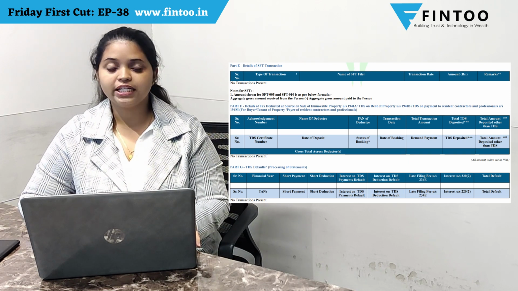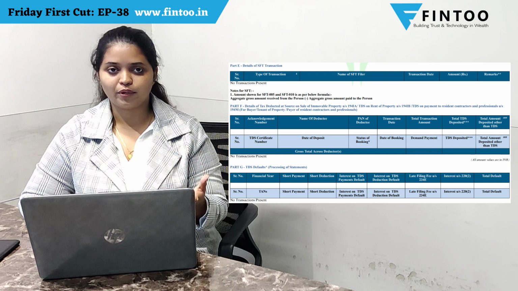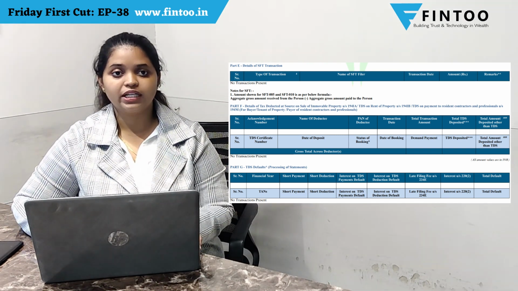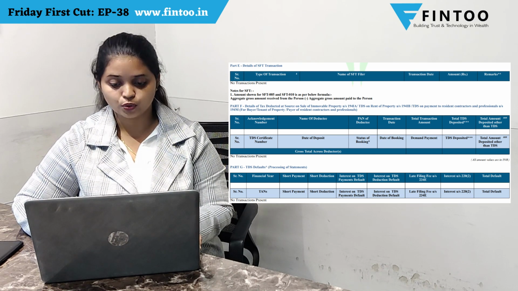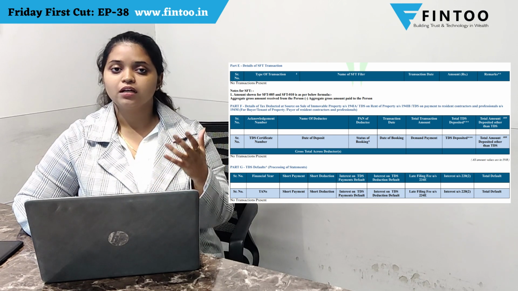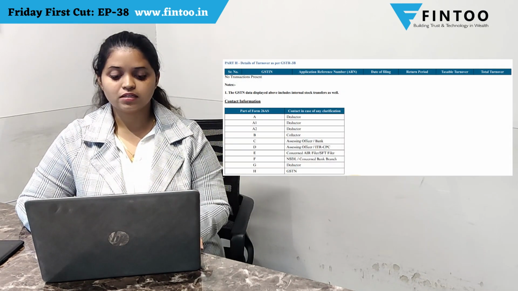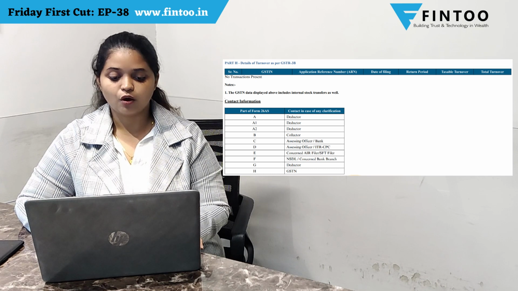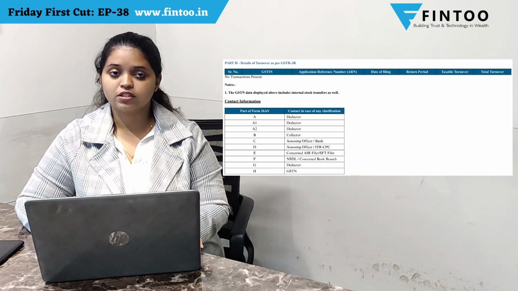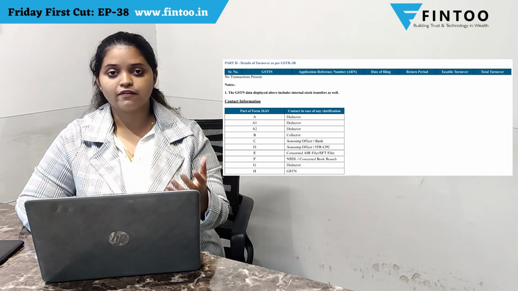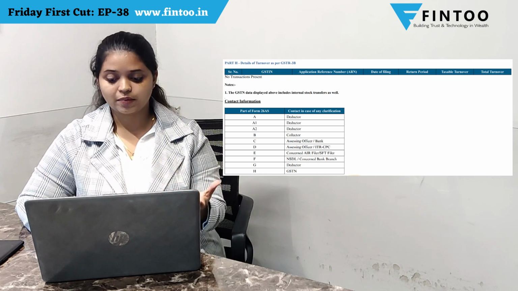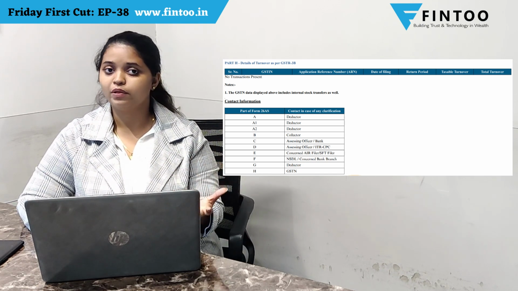If you are making any TDS payment related to property or related to salary, in that case, if you are not able to pay TDS on time, the demand data will be shown under late filing fees or interest under section 220 subsection 2. So the last part is part H, that is details of turnover as per GSTR 3B. In that case, if you are registered under the GST Act, the data will be reflected here. For example, the date of filing, return period, taxable income and your total turnover will be reflected here.